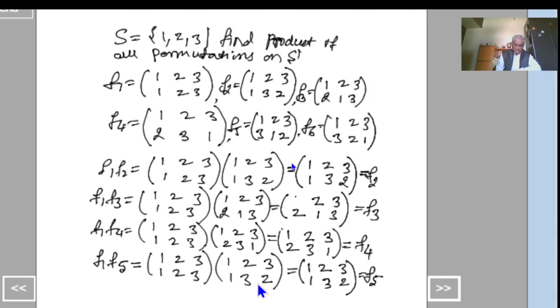Next we consider F1, F6. F1 is 1, 2, 3, 1, 2, 3. What is F6 here? F6 is 1, 2, 3, 3, 2, 1. Then taking the product here, this is equal to